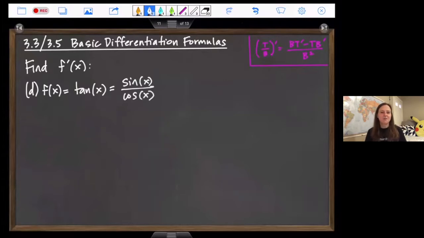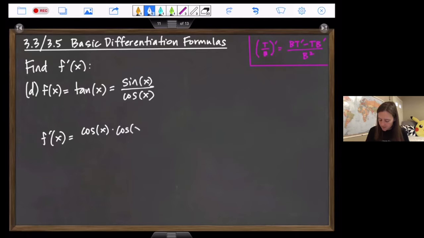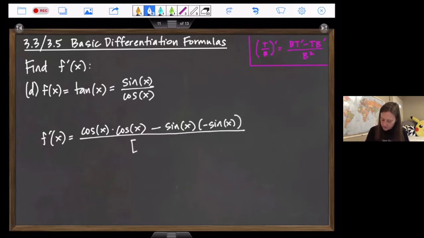We just need to take the derivative of sine over cosine using our top over bottom quotient rule up in the upper right-hand corner. So we're going to start off with our denominator, which is cosine, times the derivative of the top. Derivative of sine is cosine. So that's our bottom top prime minus top bottom prime. Derivative of cosine is negative sine. Okay, so I'm going to multiply this by a negative sine x all over the bottom squared. So cosine x